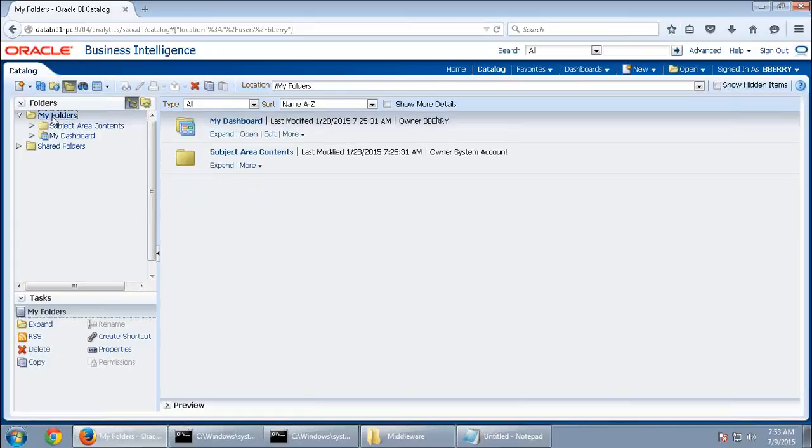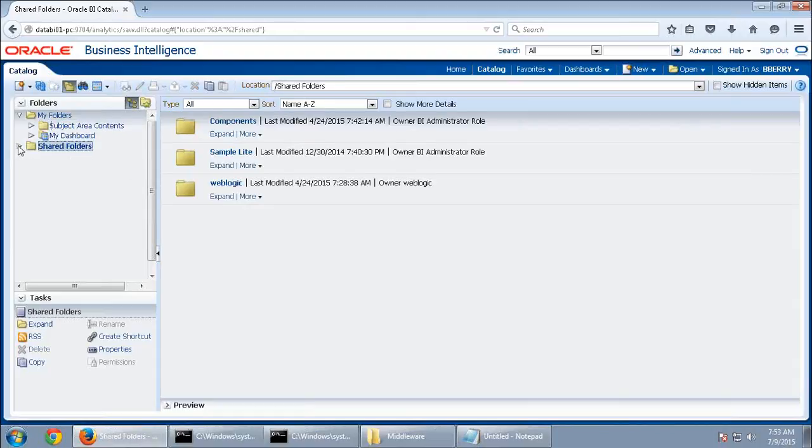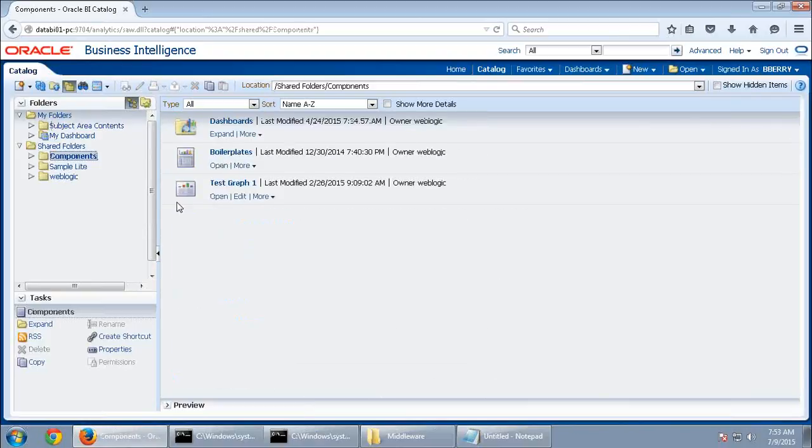Anything created under My Folders is private with respect to a particular user. It is not accessible by any other users. If you want shared content for various users, the content should be shared under Shared Folders. In a particular folder, share it everywhere. All the BI Consumers can view it.